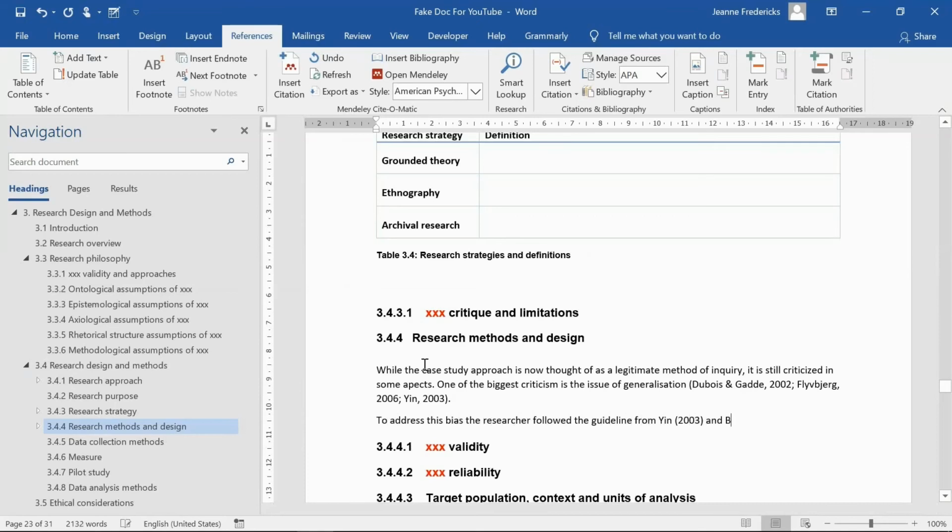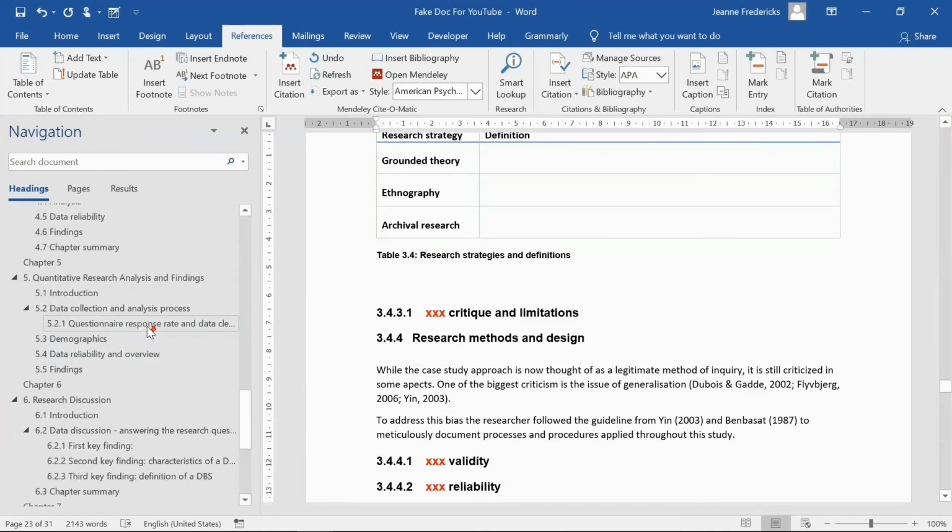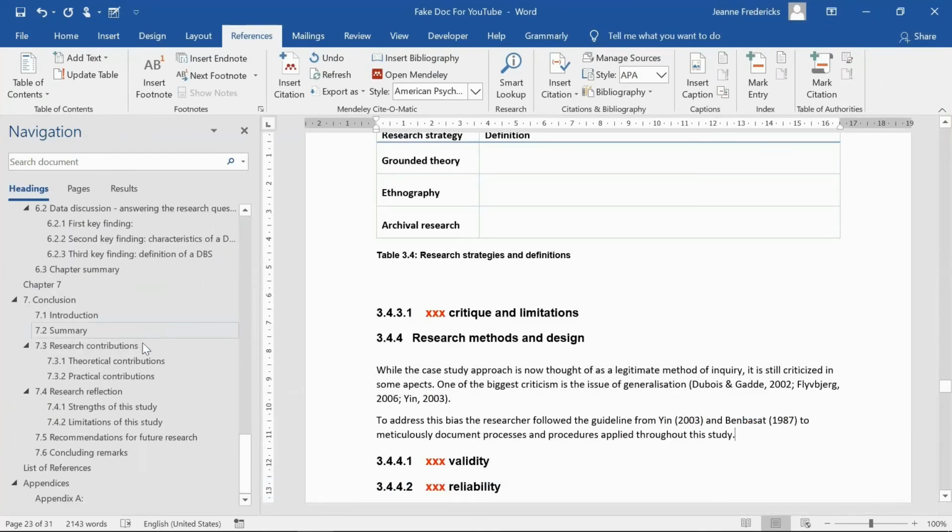However, at the end of it all, we would like to create an automated reference list using the tool. In these instances, we need to add it somehow. Let's take a look. As you can see, we have used Yin 2003 through the tool, but Ben-Bassat we have not. In those instances, just go down to your referencing list,